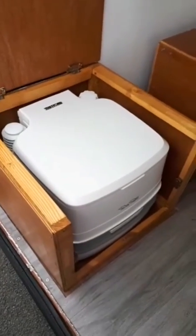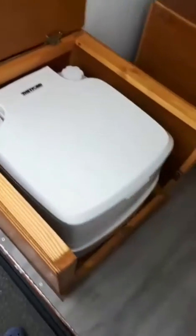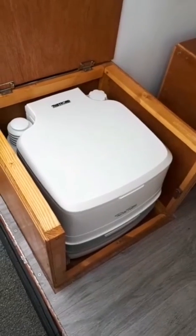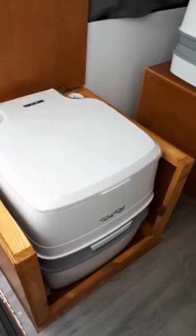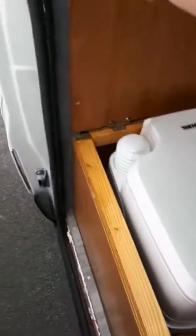Right, that's how the 145 fits, which is below the top, and obviously till it can come down, because that's how I built it around there. So let's just see how much the 165 sticks up or not. We'll see. Hang on. Okay, so as you can see, the 165 sticks up a couple of inches, which is going to be good for sitting on because it was a bit low, and